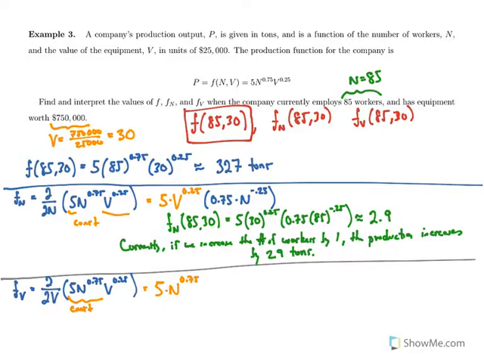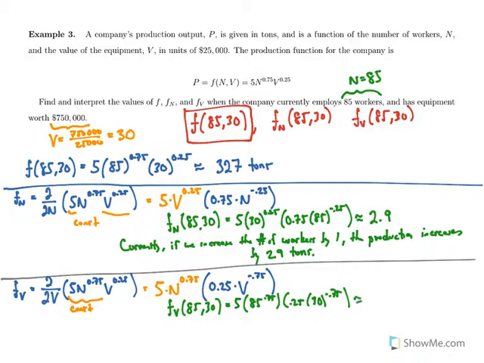And we're going to take the derivative of v in our normal fashion, which is bring the power down out in front times v and then decrease the power by 1. We get a negative 0.75. And again, what we care about here is the value when we plug in 85 and 30, which should be 5, 85 to the 0.75 times 0.25, 30 to the negative 0.75,